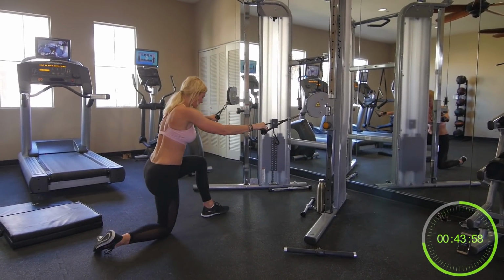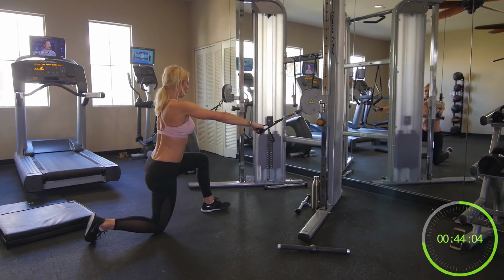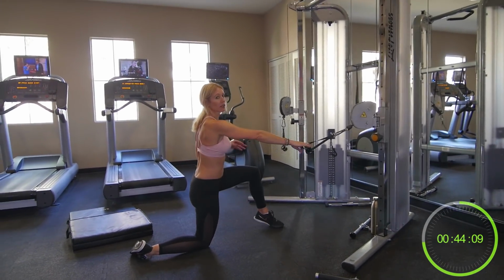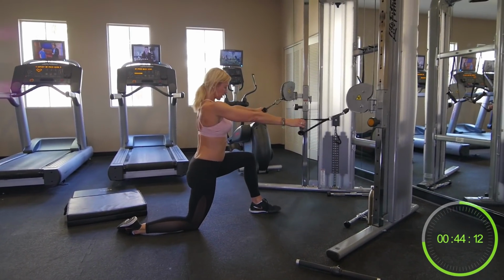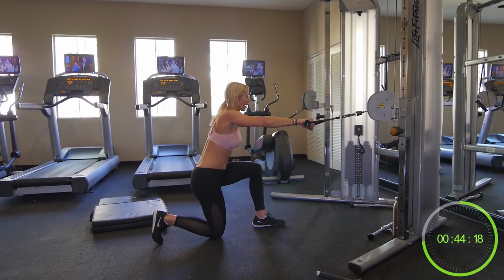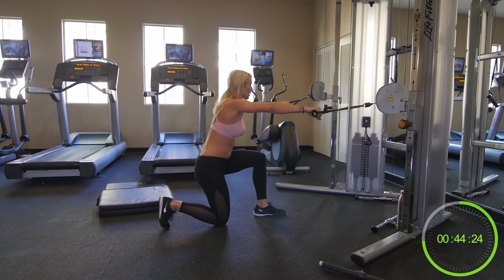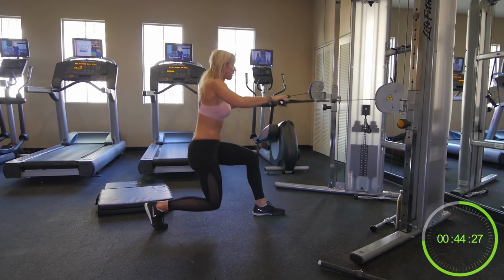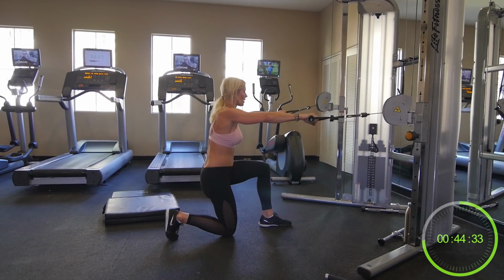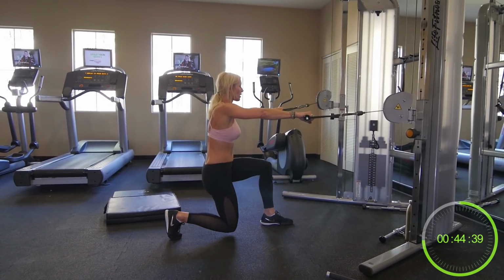Switch sides. So when you pull, make sure your chin is tucked in. If the weight is too heavy, what we would do, we would do like a funny move that looks like a chicken. So keep your chin tucked in, come up and pull. So you feel in your legs, in your front legs, glutes, quads. 2, 3, 4, 5, 6, 7, 8, 9, 10, 11,